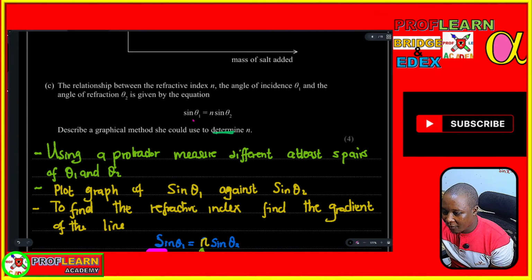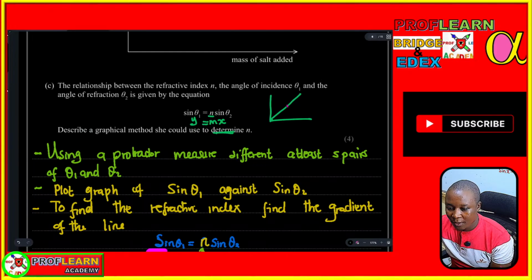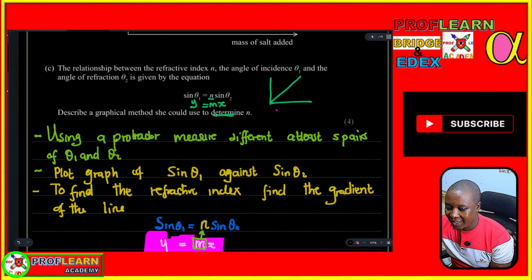So you can see this graph is y equals mx, and in that case it's a graph that passes through the origin. So which means if we draw a graph of sine theta 1 against sine theta 2, we are going to get a straight line. And to get the refractive index, it will be the gradient of the line that we have obtained, and that is exactly what I've described